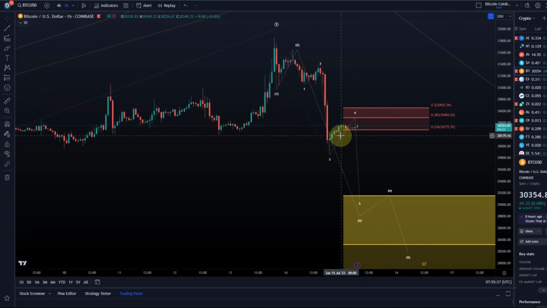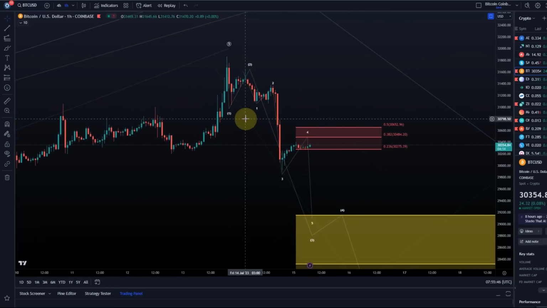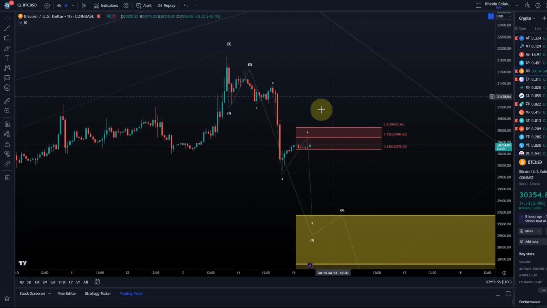3-1-2 setups are not really too likely. It would be very bearish. But yeah, that would be another interpretation. Or even, and you can't rule that out, that we're dealing here with a WXY structure on the downside. Then this is maybe even a B wave, and they can extend a bit higher.